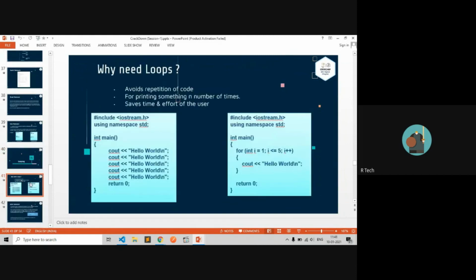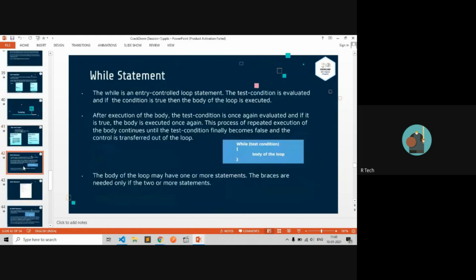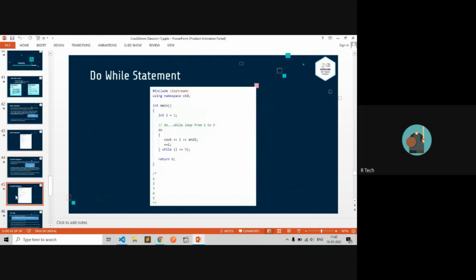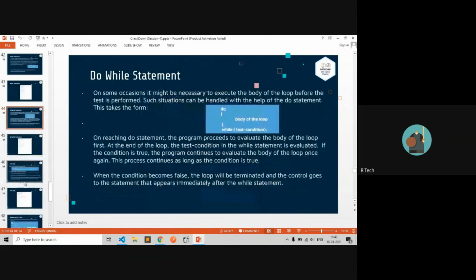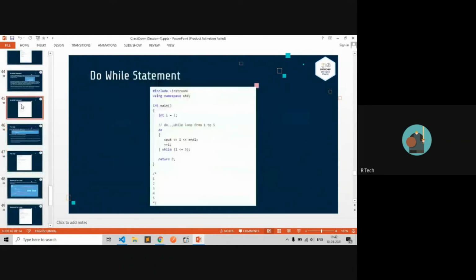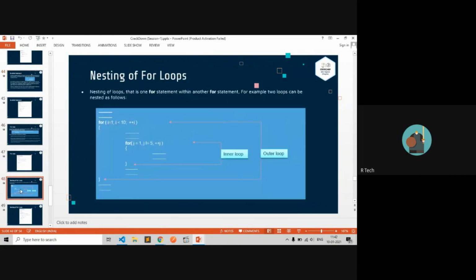Then after that, looping. There are separate types of looping, like the for loop, the for-each loop, starting with the while loop, then the do-while loop. The do-while loop executes some statements first, then checks the condition. The while loop checks the condition first and then runs the block of code.